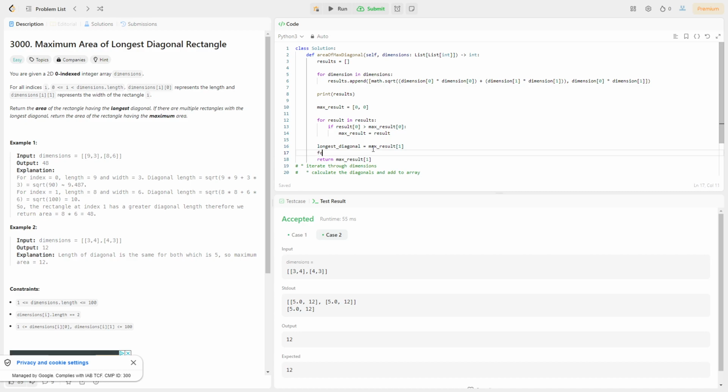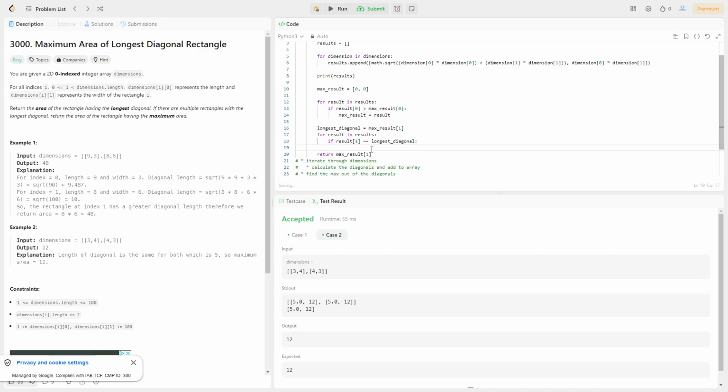So for result in results, if result at index 1 is equal to longest underscore diagonal, what we can do is we can say